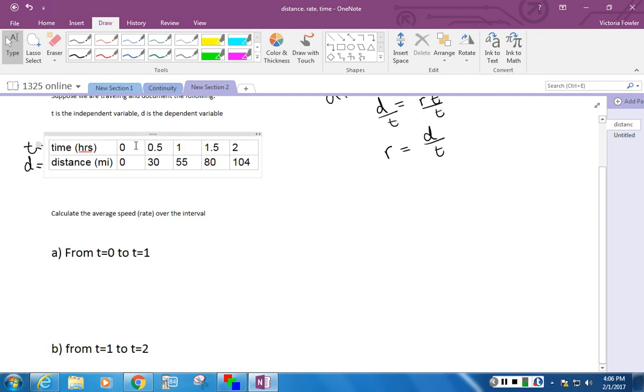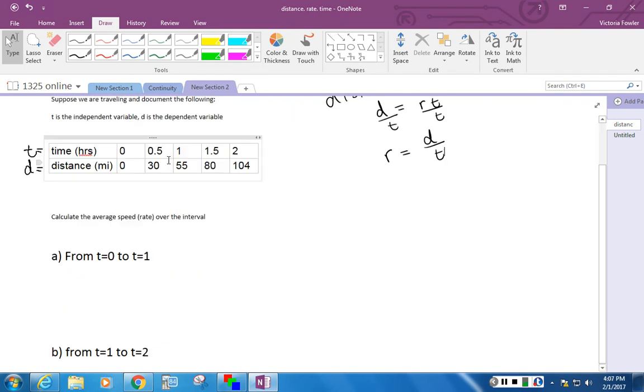Okay, well I'm going to start off with the most basic interval here, which we could probably pretty easily understand. I'm going to find the average speed or the rate from when we start, t equals 0, to 1 hour. And so just to introduce some notation, let's say that my rate,